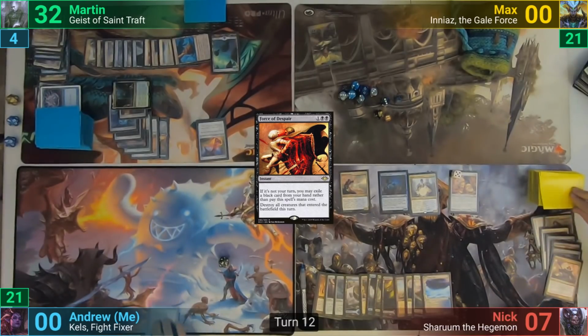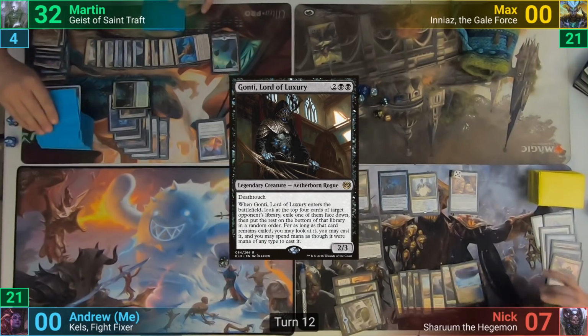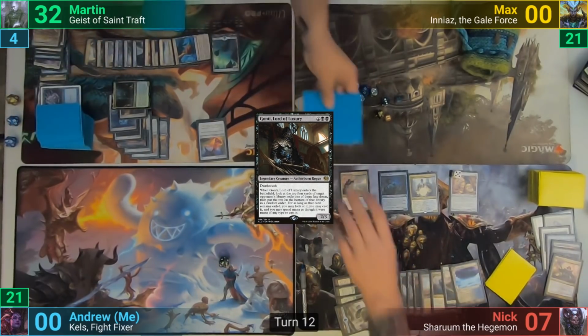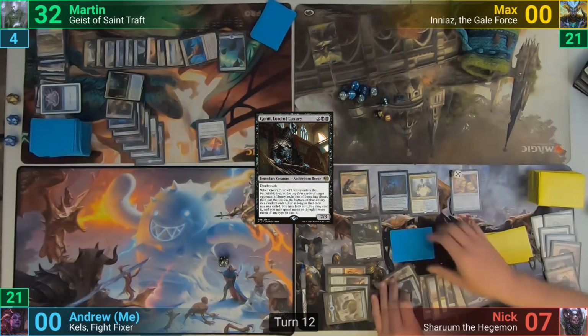Nick untaps and draws. He casts Gaunty and targets Martin with the ETB trigger. He picks one of the top 4, but there's not a lot he can do against Martin's Trailblazer boots, letting him swing in unimpeded. Cyclonic Rift would do it, but Nick hasn't drawn it sadly,